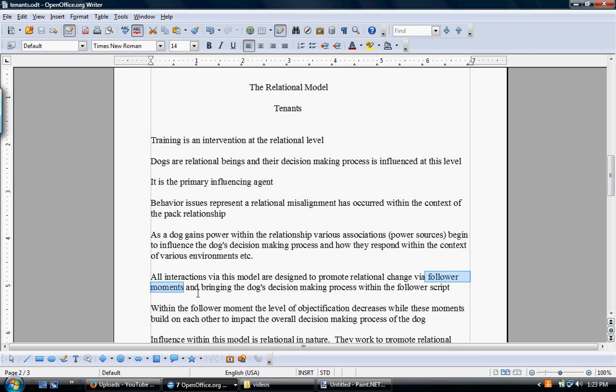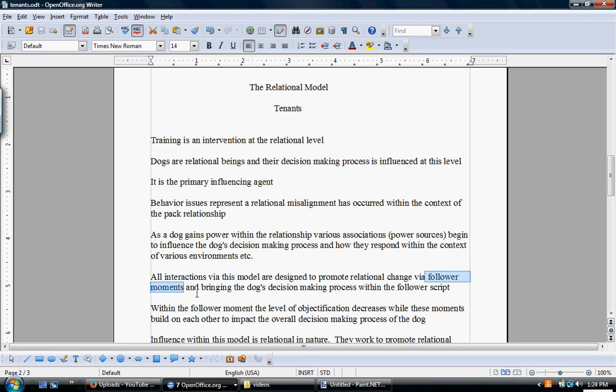within the follower script. You'll see a calm moment take hold, and these moments not only impact the moment in the here and now, they decrease the level of the owner being objectified, so you'll see the head turn in slightly, but they also build on each other. They accumulate over several days, weeks, and they impact the overall decision-making process of the dog, because through that interplay, it changes how the owner thinks, and it changes how the